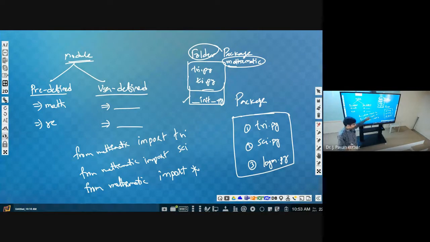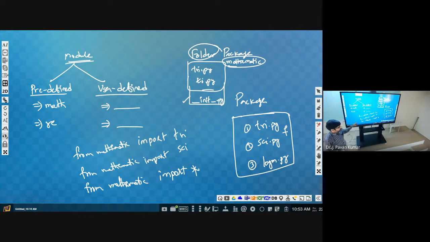Similarly here, let us say tri.py contains a function called f. Now we want to use that function. In general we have to use mathematic.tri.f, or tri.f if we imported it directly as we did from math.